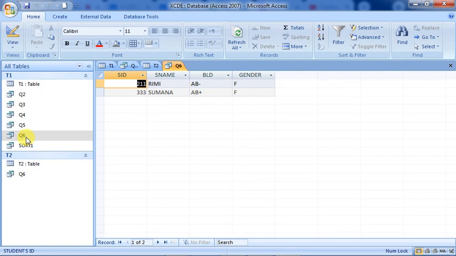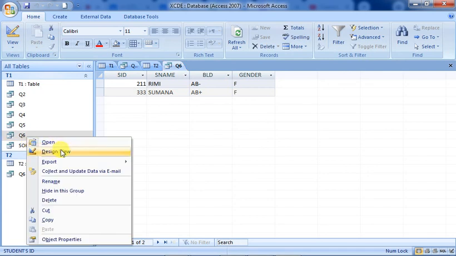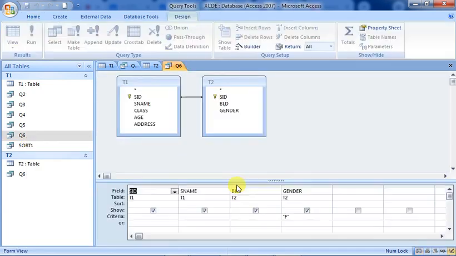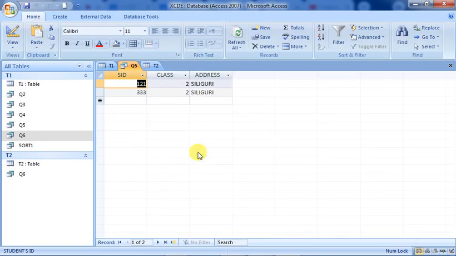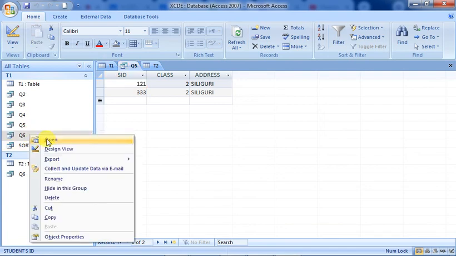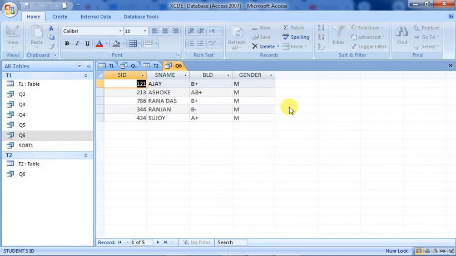If you want to display the male records, similarly you have to go to the design view, and then come over here and just give M for male. All right, so now if you click on yes, you are creating the changes. Not this one, sorry, that is the other one. So I'm just opening it, you will see only the male records are being displayed. These are from both tables, table T1 and table T2.